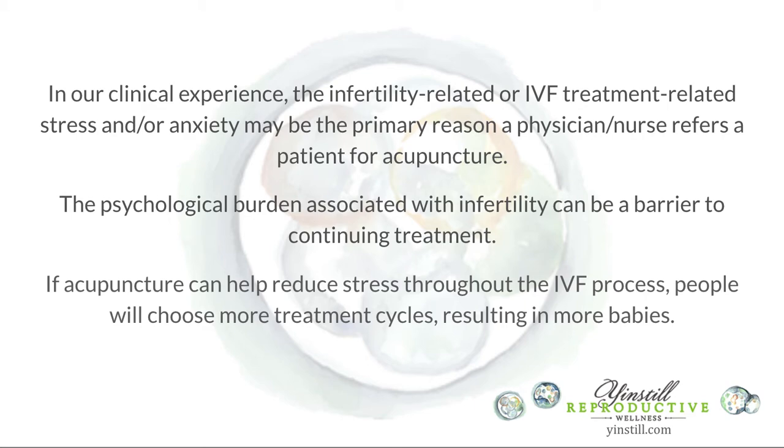So acupuncture can help live birth rates inadvertently through the emotional and patient experience, improving that experience of women going through IVF, so they are more prepared and have the courage and wherewithal to try again. So anyway,